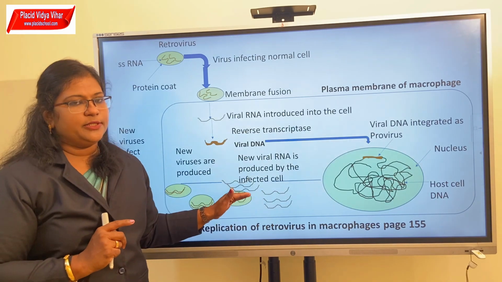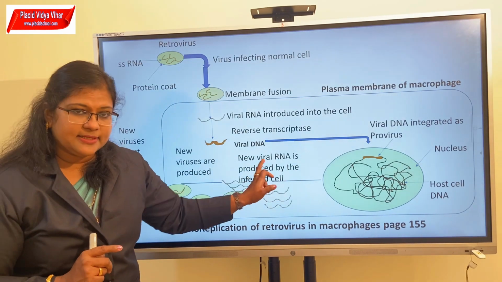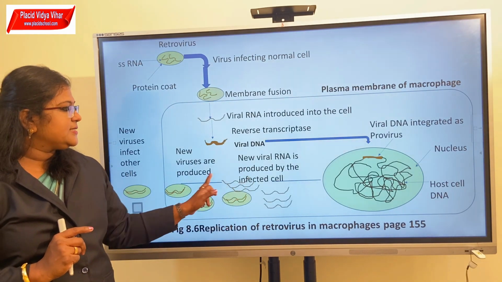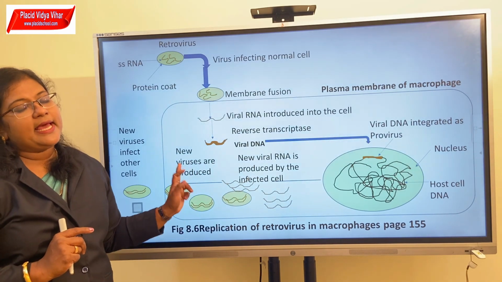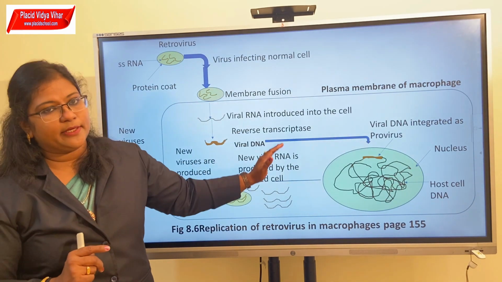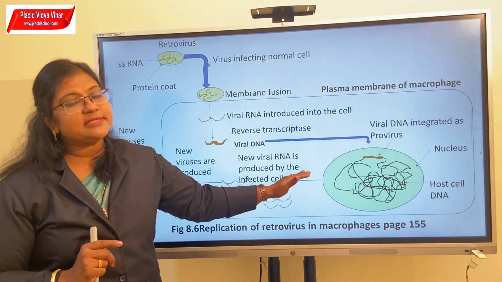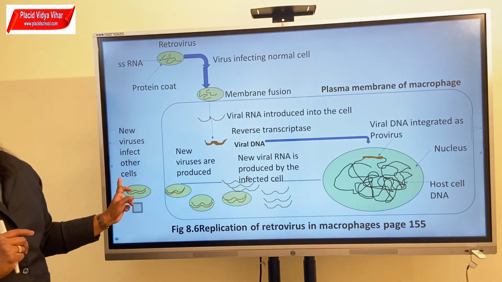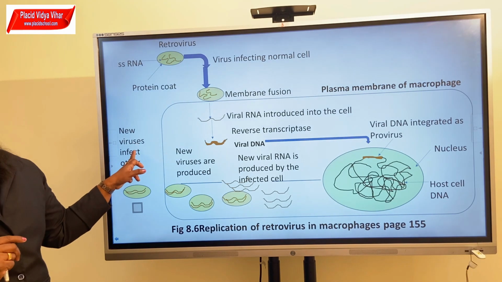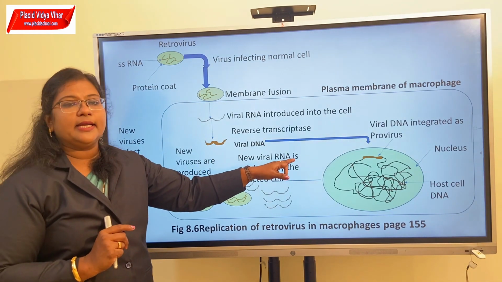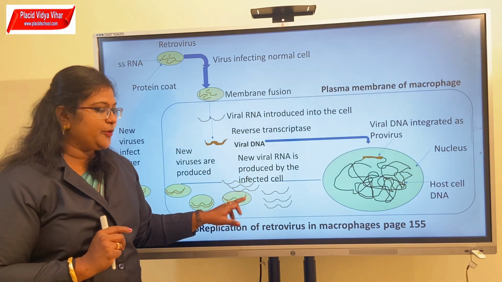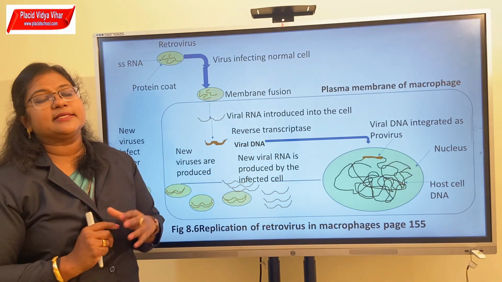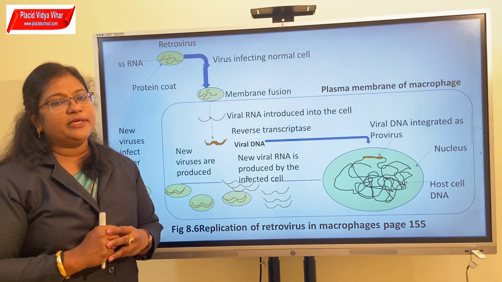But you don't have to draw all this in your diagram. Just remember that RNA is synthesized by the infected cell. Proteins are also synthesized by the infected cell, resulting in the production of new viruses. And these viruses may remain in the macrophage for many days or many months depending on the lifespan, and it may be released into circulation. If it is released into circulation, it will infect other cells. Remember, the viral RNA is produced, viral proteins are also produced. This will assemble to form new viruses, and thus macrophages will normally act as factories which produce human immunodeficiency virus.